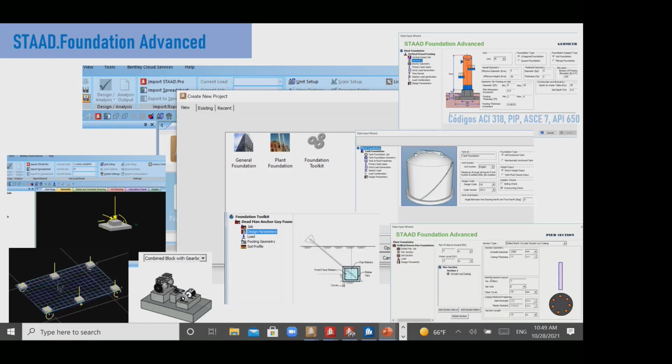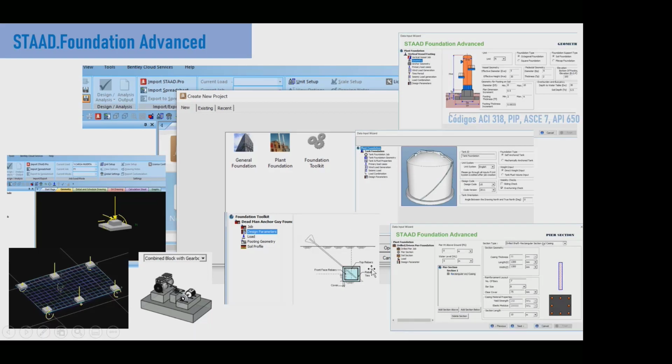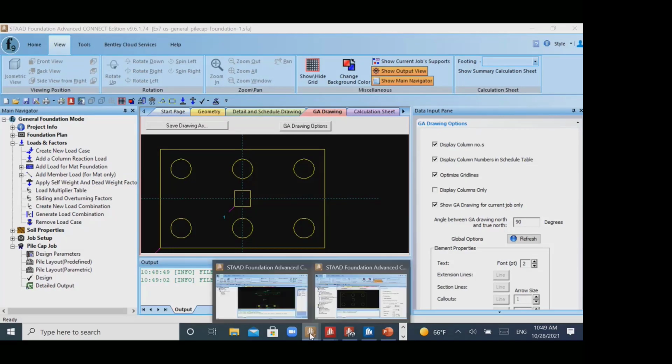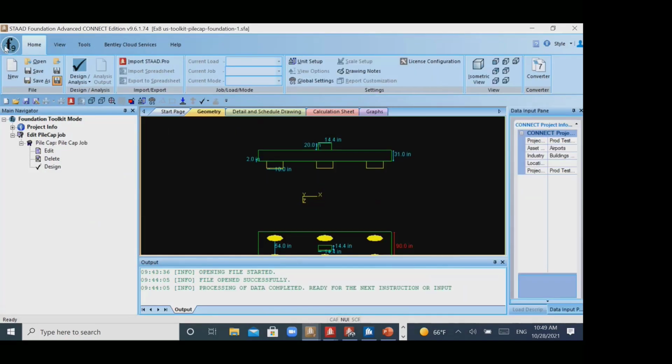We have pile cap, isolated, combined, and we extract from STAAD.Pro. Plan Foundation is the second one, that we present